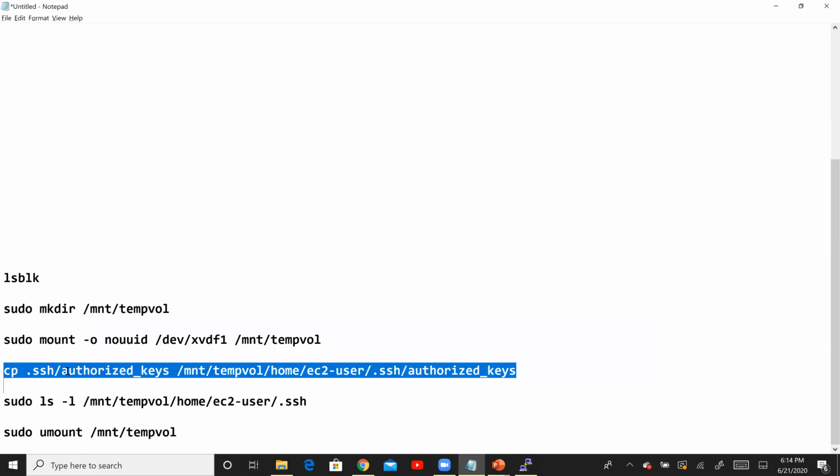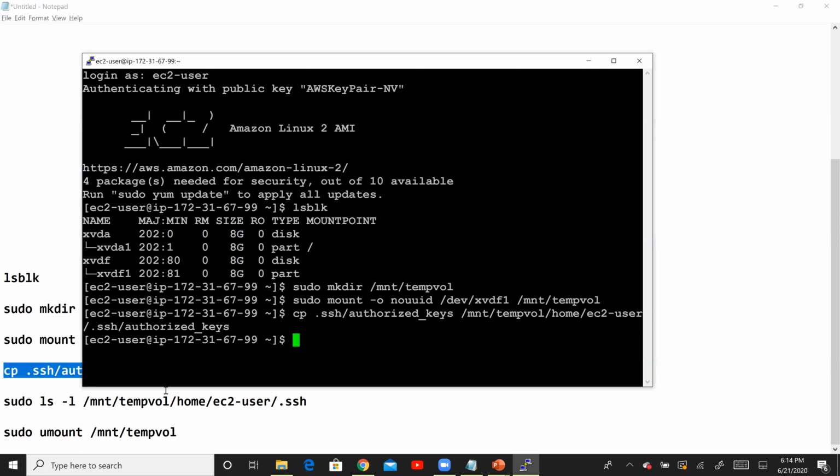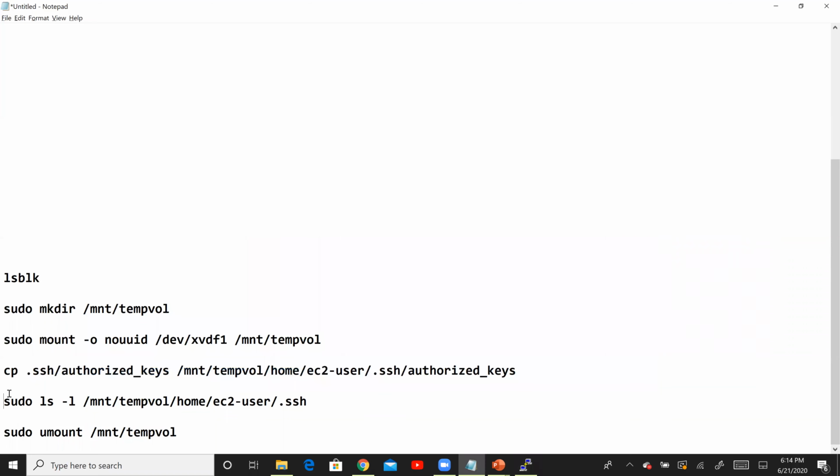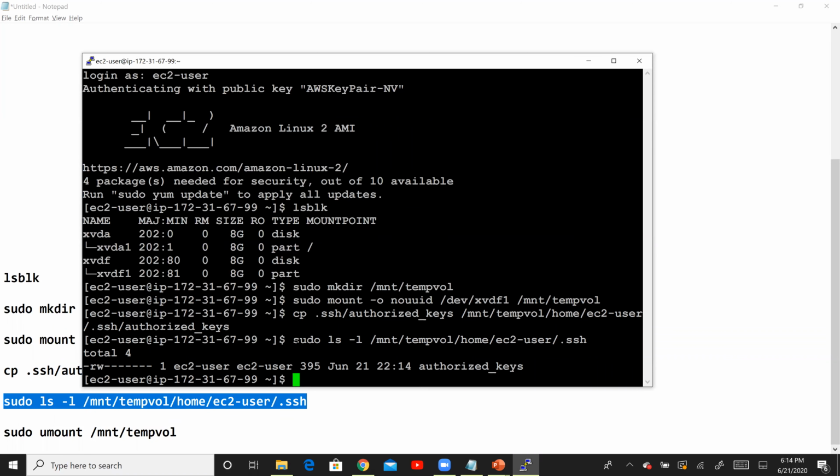And finally, we will see the permissions of that particular file. If you see, this is right here. It's ec2-user. We have, I think, this one file right there. It's all ec2-user. This, I believe, is a group ID if I'm not wrong. And this is the authorized_keys file. So it's been copied over. As I said, in my case, it's the same ec2-user, so I'm good.